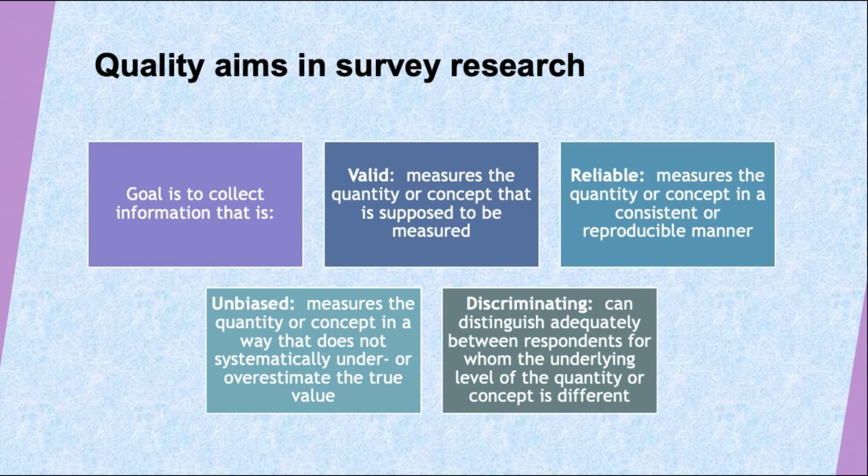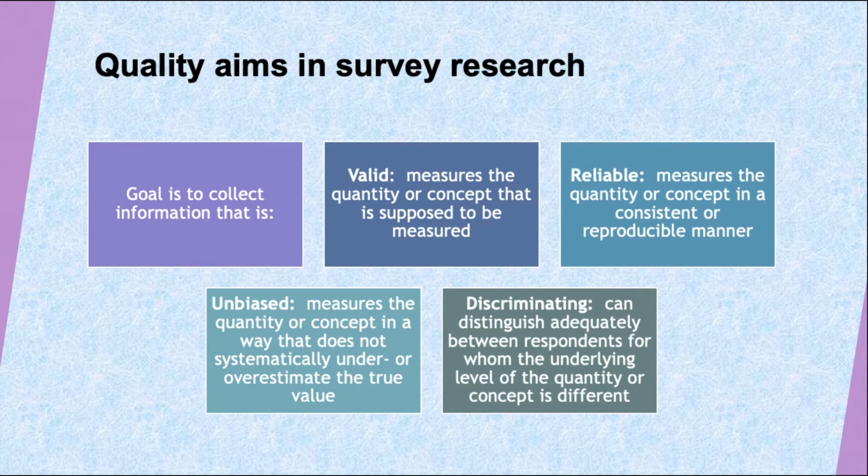If you want to measure poverty, your question must measure exactly that poverty, not income or hunger. And reliable means the questions you measure are consistent across all respondents. If respondent A understands your question in manner B, respondent C should also understand it in manner B. If respondent 1 understands the question in manner A, but respondent 2 understands it in manner B, then the reliability